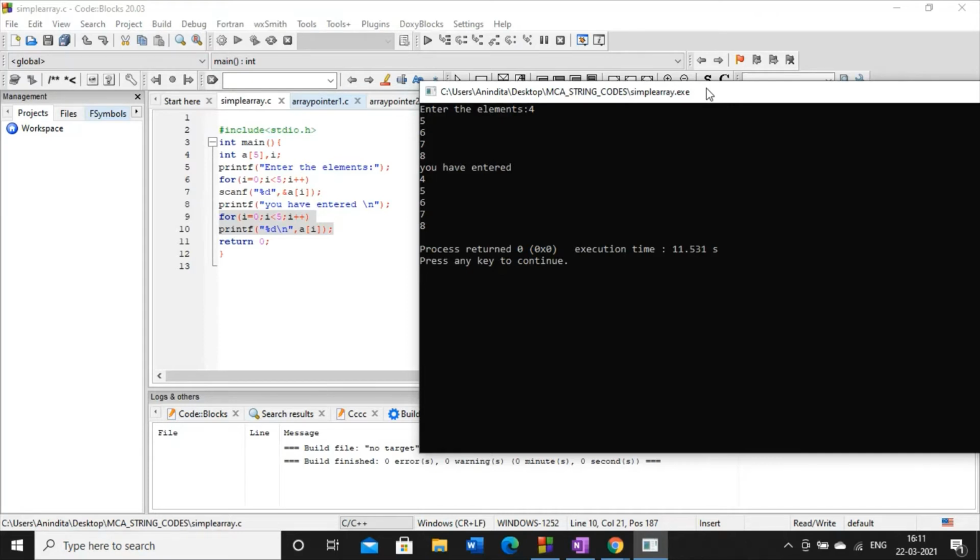Subscript starts with 0, which means a[0] represents the first element of an array, and in general a[n-1] can be used to access the nth element of an array, where n is any integer number. Try to understand. Here n is 5. To access the fifth element, you have to use a[5-1]. This is the convention that you have to understand.